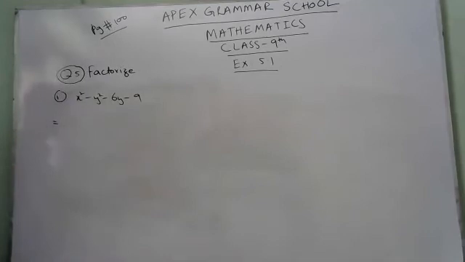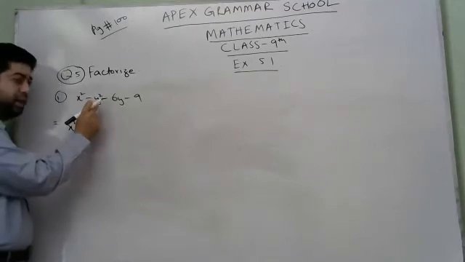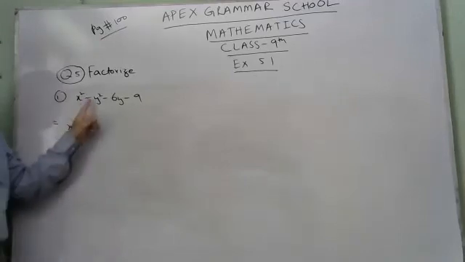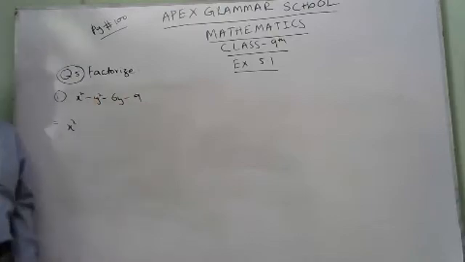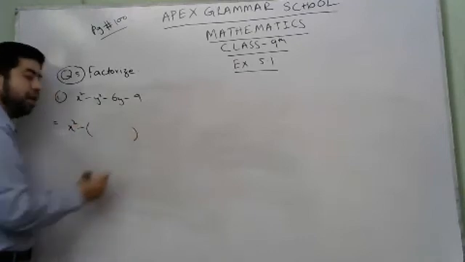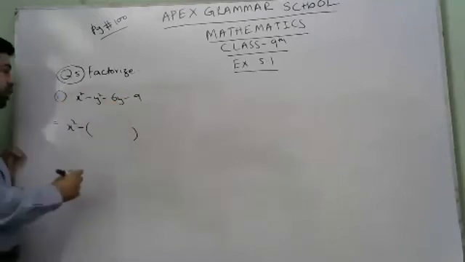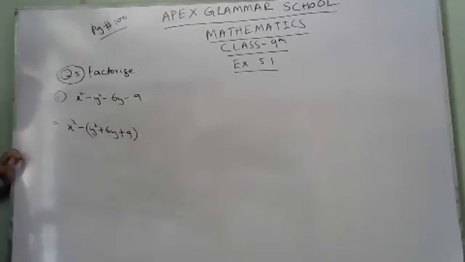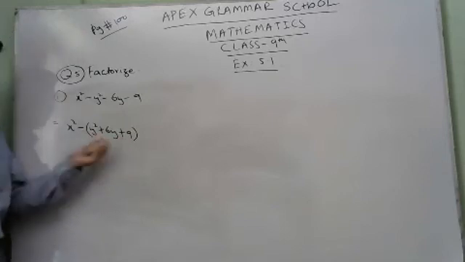So another formula is going to be made: x square, and you can see y square, 6y, and 9. This contains a negative sign, minus 6y. This also contains a negative sign, 9 also contains a negative sign. If I take the minus sign in common, after taking this minus sign common, all these values' signs will be changed. So y square plus 6y plus 9. After taking this minus common, this is going to be a formula.